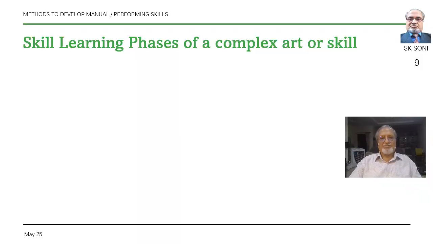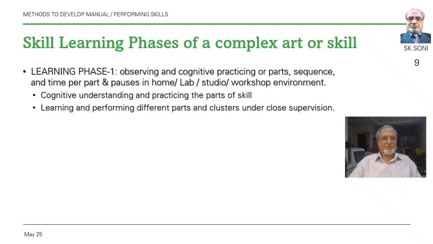Skill learning phases of a complex art or a skill. Learning phase 1 is mental learning: observing and cognitive practicing of parts, sequences, and time per part and passes in the environment of home, laboratory, studio, or workshop. Cognitive understanding and practicing the parts of the skill, and learning and performing different parts and clusters under close supervision,